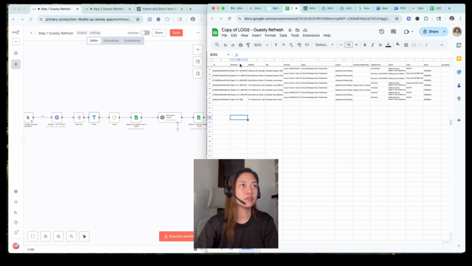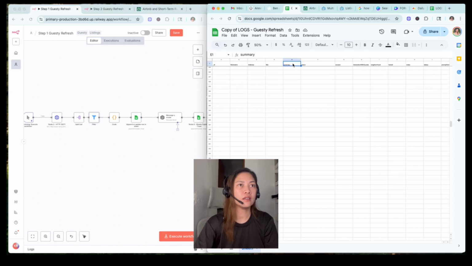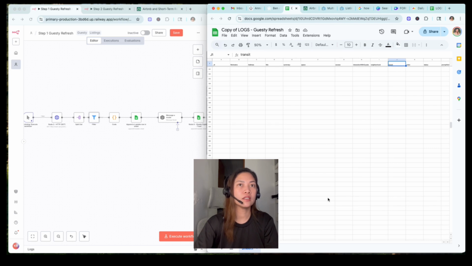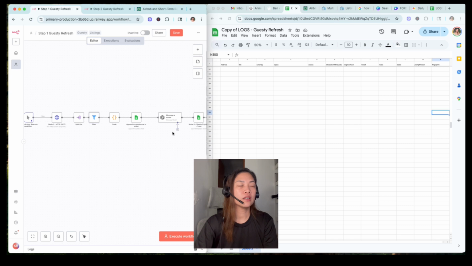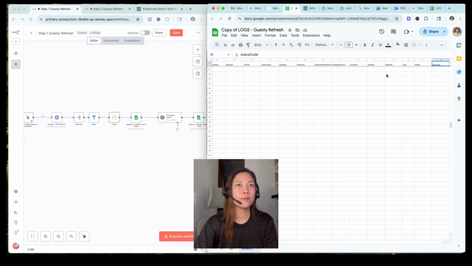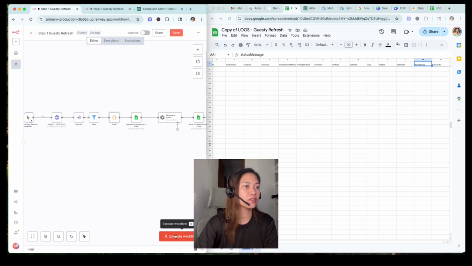On this part of the Google Sheet, you will see the old descriptions, the old values that we wanted to change. After AI works with it, it will also give us a new description, a new title, and everything newly created by AI. That will be the end of the workflow. Okay, let me show you how it goes. If I execute the workflow,